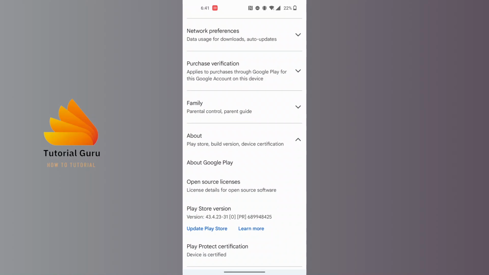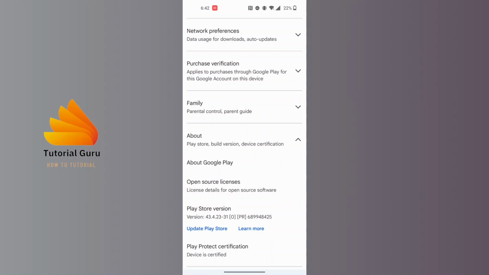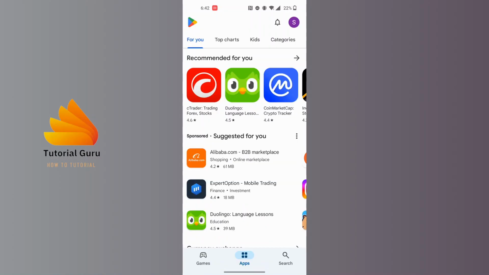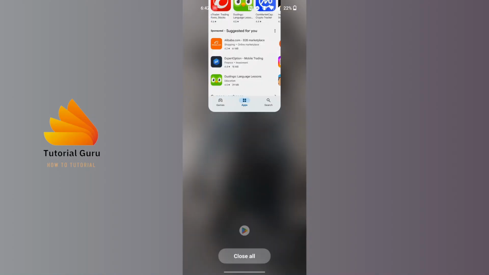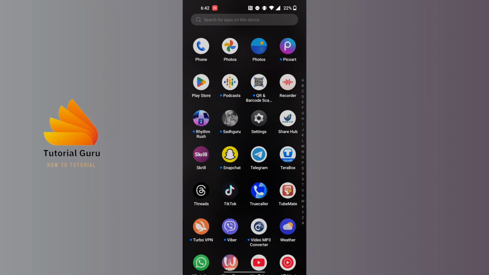Tap on update Play Store either to find out is your Play Store requiring an update, and if your Play Store is requiring an update and it's not updated, your Play Store might be crashing because of that. So after making sure guys your Play Store is up to date, check whether your Play Store is crashing or not. After updating your Play Store guys, or after checking it, open up the settings on your phone, and after